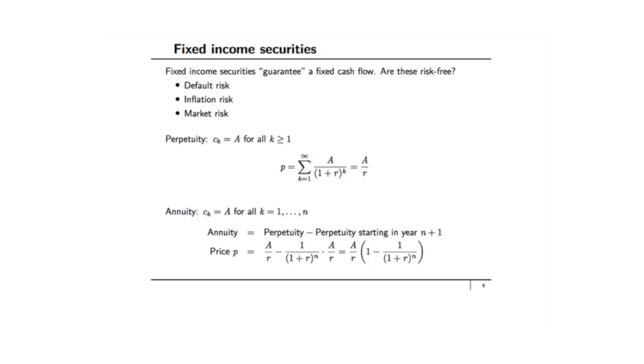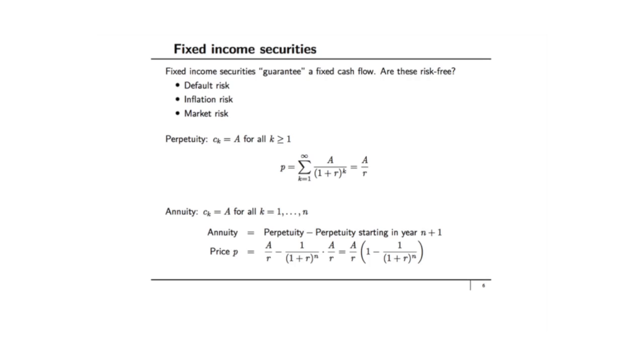So having said all of that, let's consider some typical fixed income securities and try to price them using a no arbitrage condition. So one of them is the perpetuity, which says that it's going to give you a fixed amount A for all times in the future. What is the no arbitrage price for this security? If you assume that you can borrow or lend at the rate R, an unlimited amount,